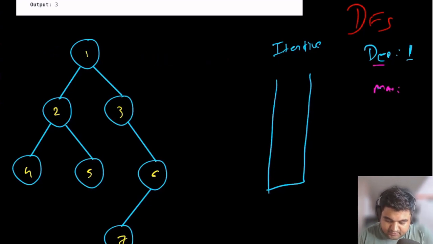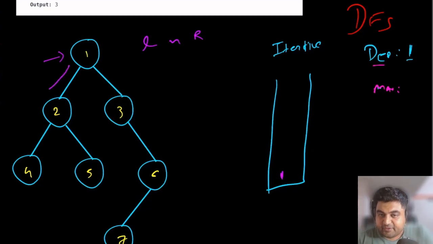Okay, first we already know depth is 1. Now from this portion we start the in-order traversal. So we are going to do the left node and right subtree logic. So we are going to go in the left direction, since we went down, and again initially the first value is 1.